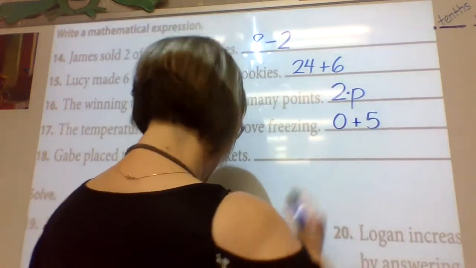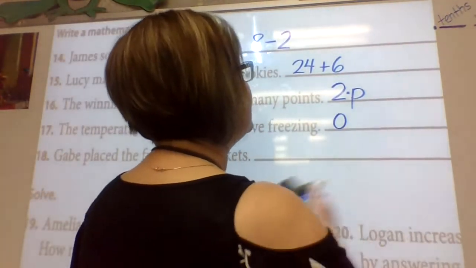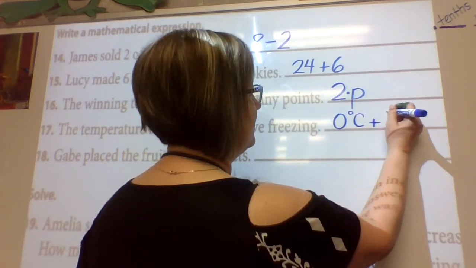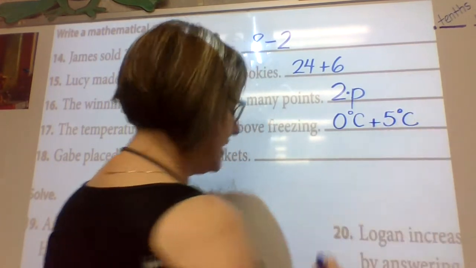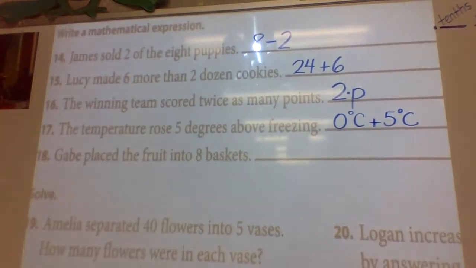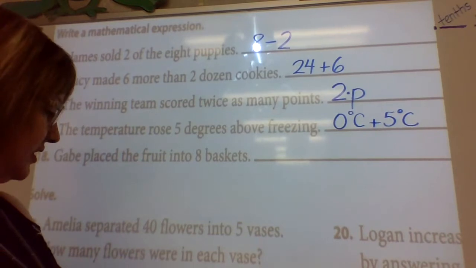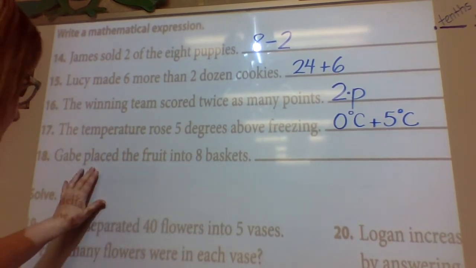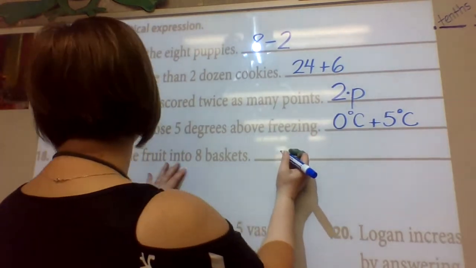I guess I should, since it's temperature, we should probably put 0 degrees Celsius plus 5 degrees Celsius. That's a better expression. Okay, then it says Gabe placed the fruit into 8 baskets, but it doesn't say how much fruit. Okay, so that means